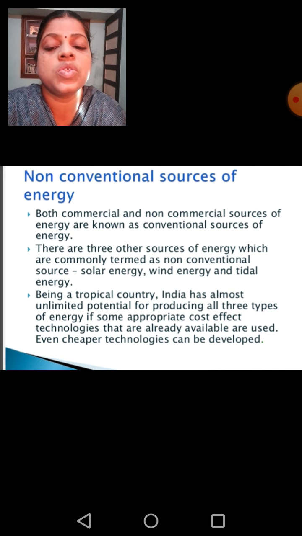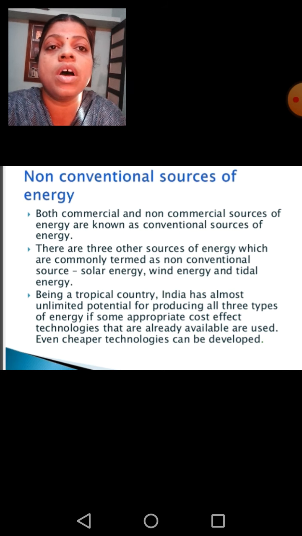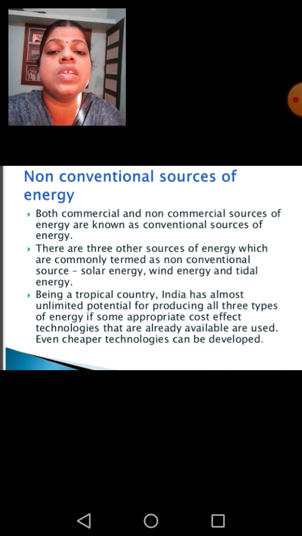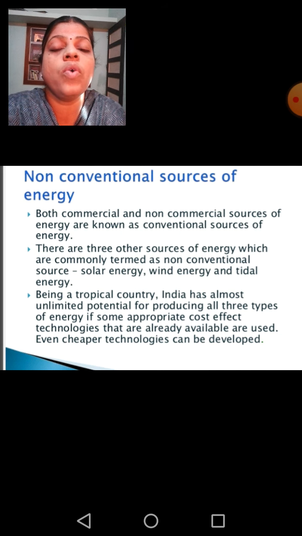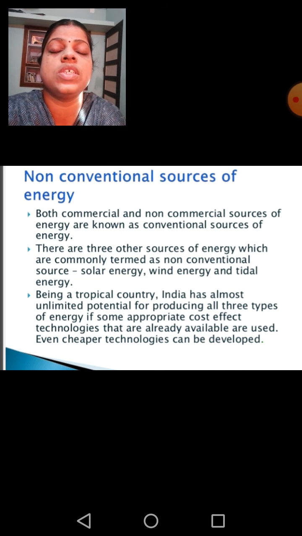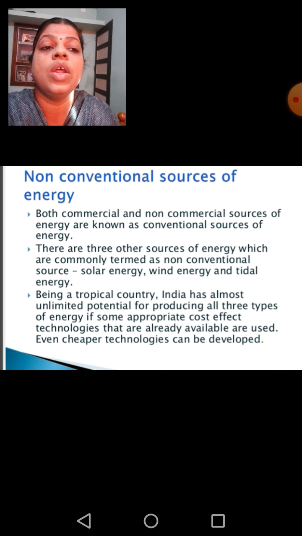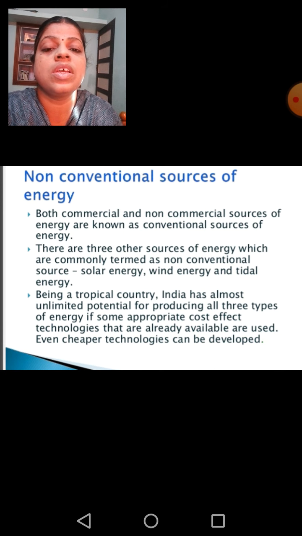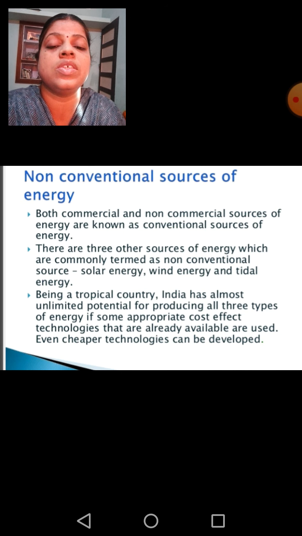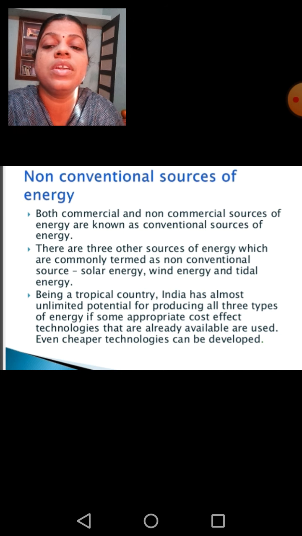So far I have explained the different uses of energy and how helpful it is for industrial and agricultural purposes, and more than that, the two types of energy, commercial sources and non-commercial sources. Isn't it? Yes. So we have explained all these types of energy. So children, I hope the session